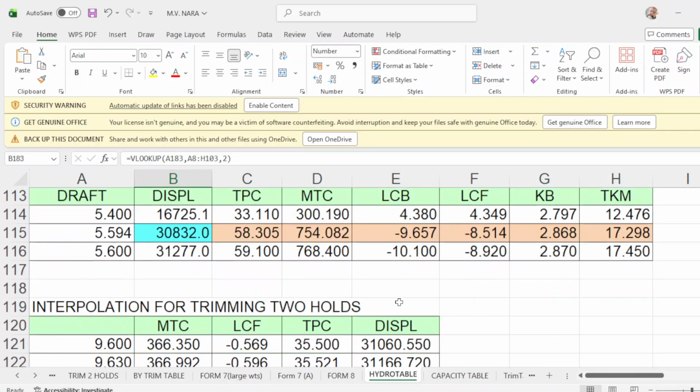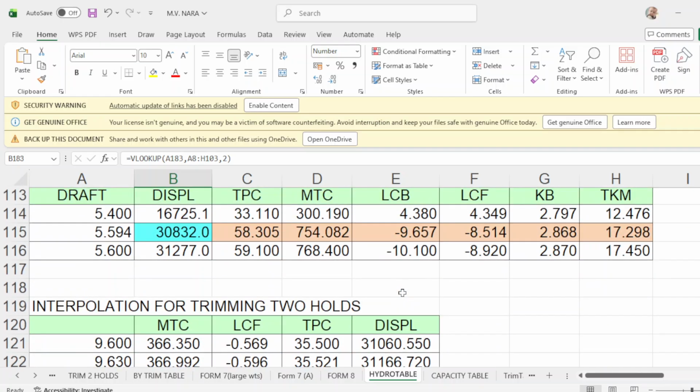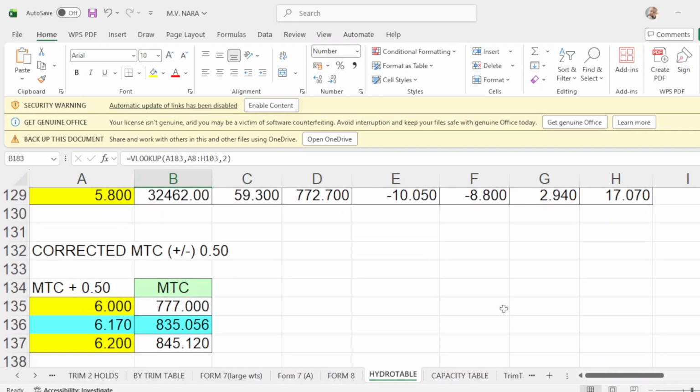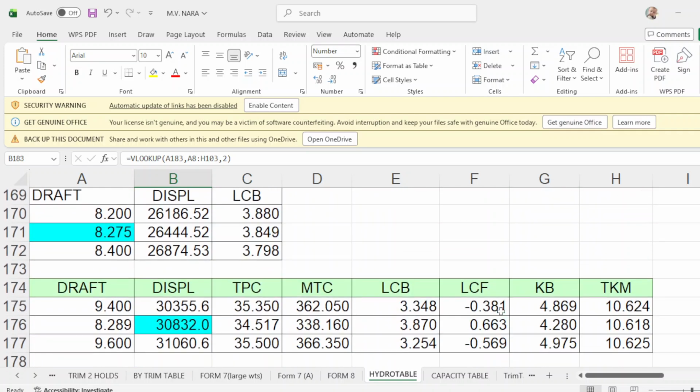Or you can use this one. Take this one, 31931, is that correct?